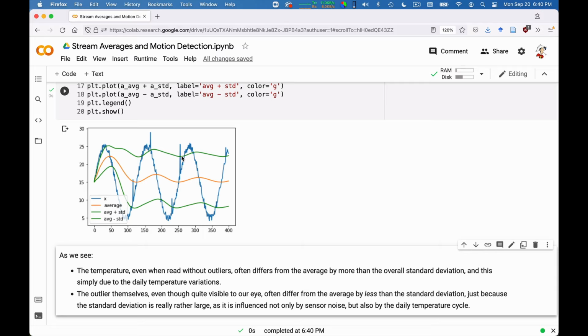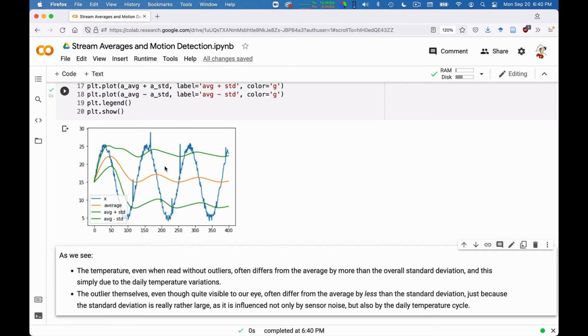And the problem is this: the average and standard deviation applied to a signal such as the temperature don't really measure the noise, right? Because the noise is a short-term noise. They essentially are much more affected by the diurnal cycle of the temperature. And so look at this spike here. This spike actually has the effect of taking the temperature and making it closer to the average, just because it's a nighttime reading, essentially. So you see, we cannot simply remove the pieces of the temperature that are too far from the average, because we would be essentially removing the daily maxima and minima.